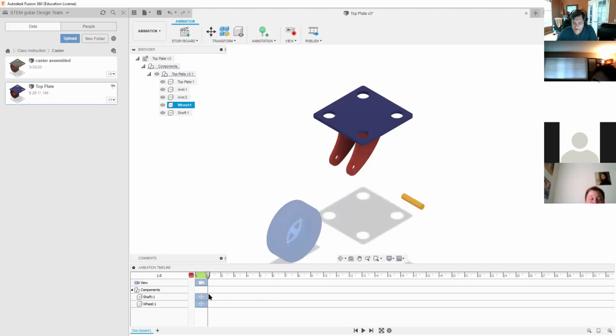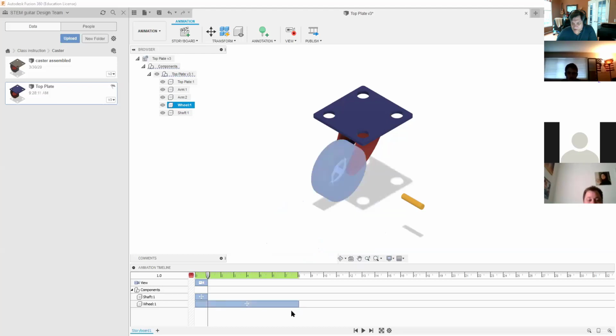Okay, and so with the wheel, again, it only did it in 5 seconds, so that's gigantic. So I can expand these into a longer period of time. Or that was 1 second. Okay, so I'm going to move this wheel. It's going to move the wheel in 8 seconds. It's going to move the shaft in 5 seconds. So now when I hit the play button,